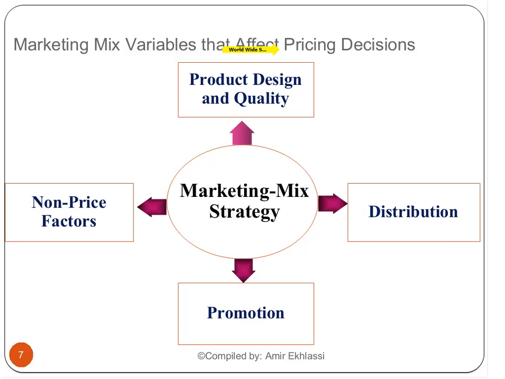How is distribution related to pricing? Because people live in different places and different geographical regions. So, for example, if you live in the United States and you want to buy something through the Amazon website, you pay less than, for example, your friend who lives in Iran or Afghanistan, because the shipment cost is also added to the price. Okay, distances cost differently. Thank you so much, Mr. Nabi and Mr. Aziz.